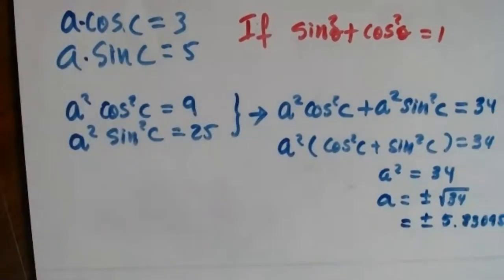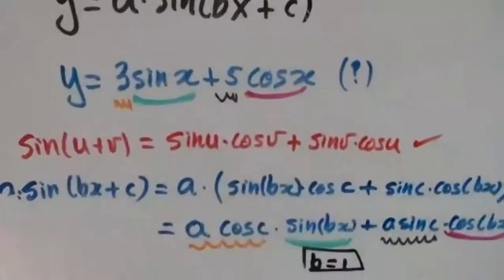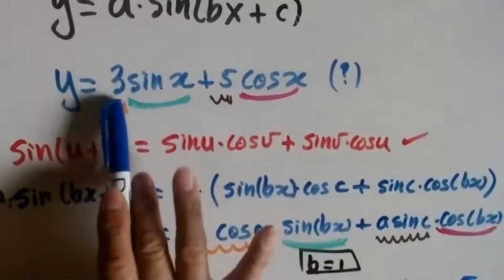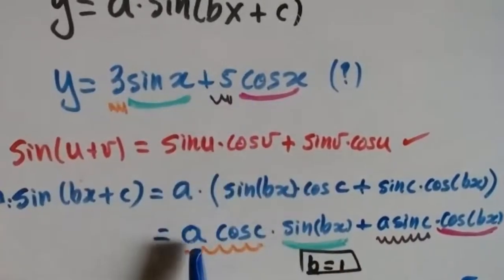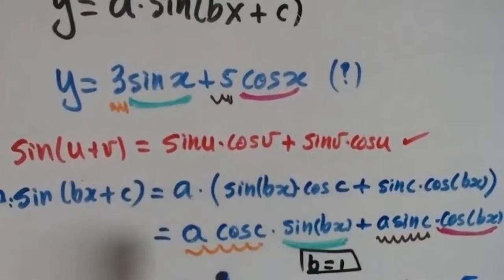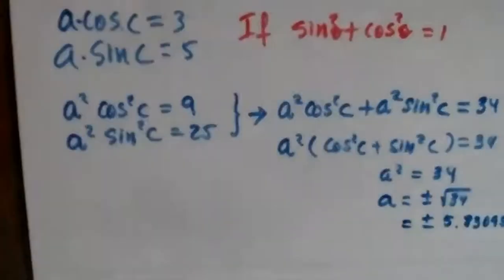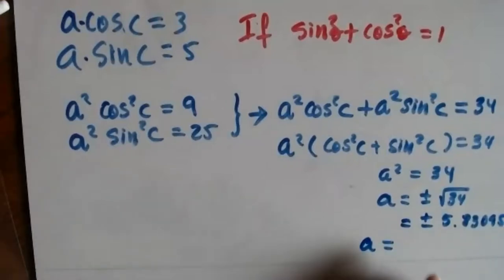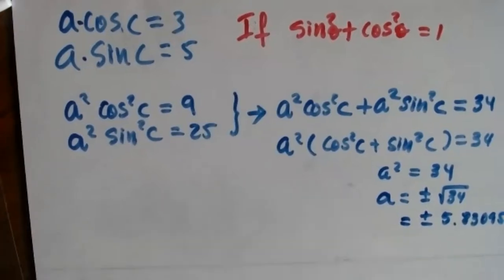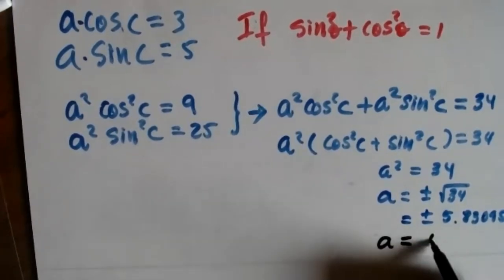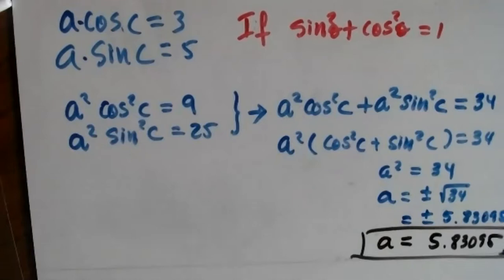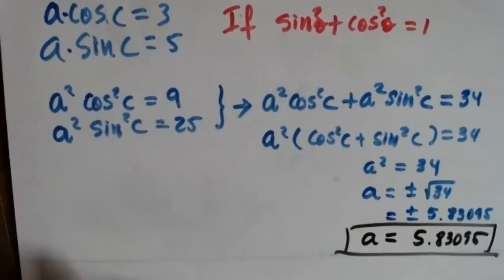Let me just go back to the other board. Here is the other board. So the A is outside. This expression is positive 3 and positive 5. So this A that is outside this expression cannot be negative. So I'm going to do A equals, let me just use black, right? A equals positive 5.83095. Okay. I found B, I found A, and now the only thing I have to do is find